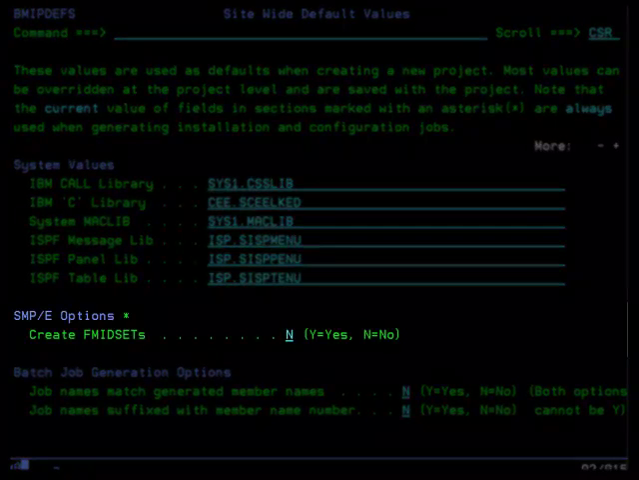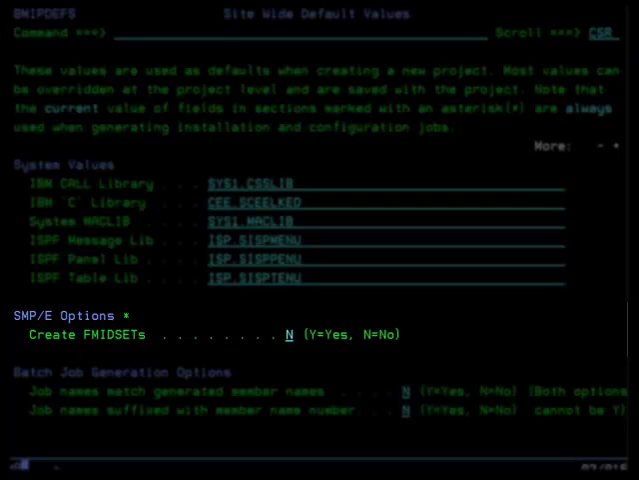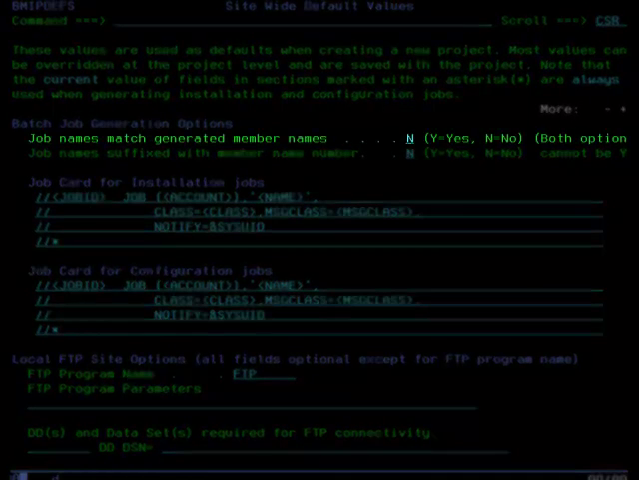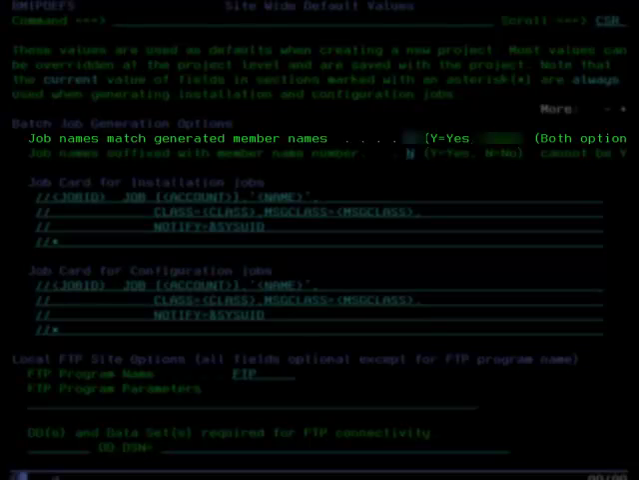The section for SMPE options has an asterisk, which means these values will be used for all projects, both new or existing, when the install jobs are generated. The default for Create FMID Sets option is N, which will cause the FMID statements to be explicitly stated in the JCL. The Batch Job Generation options allow you to specify distinct job names and different job cards for install and configuration jobs. If you want the job name to match the generated member names, then specify Y for that